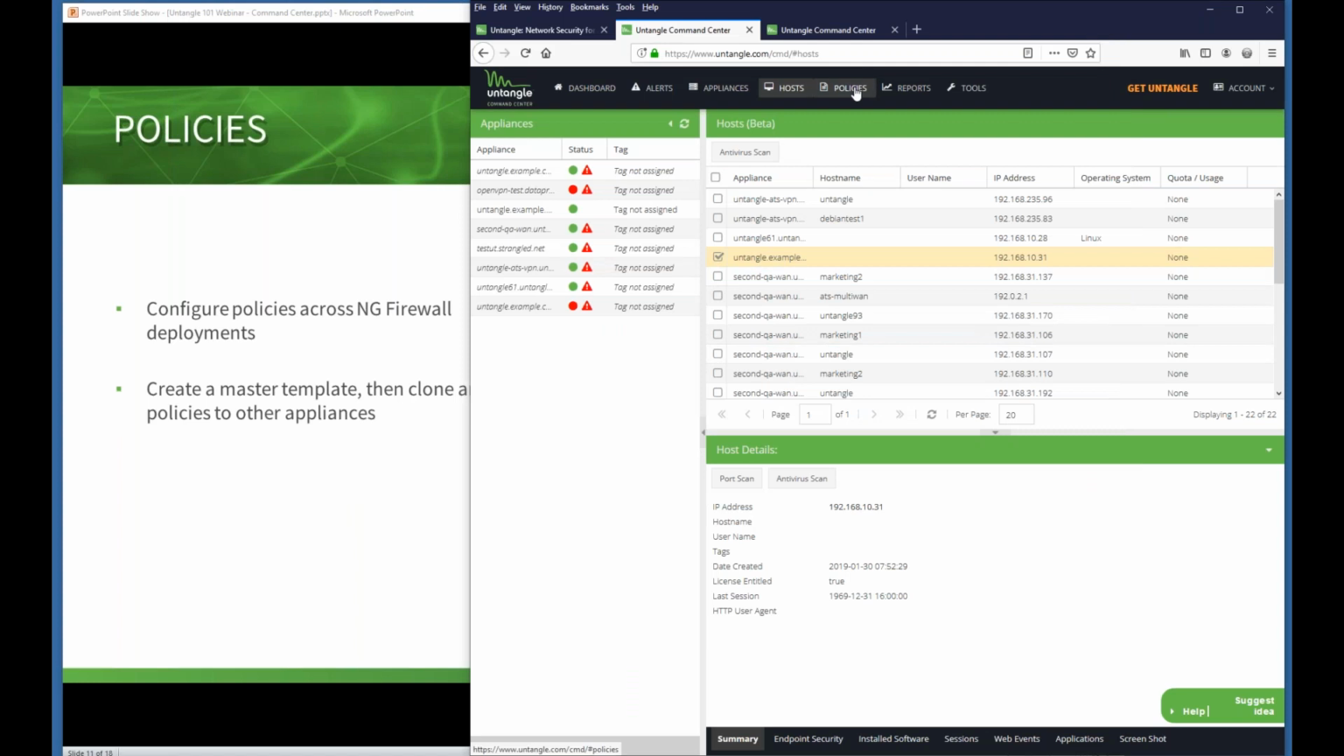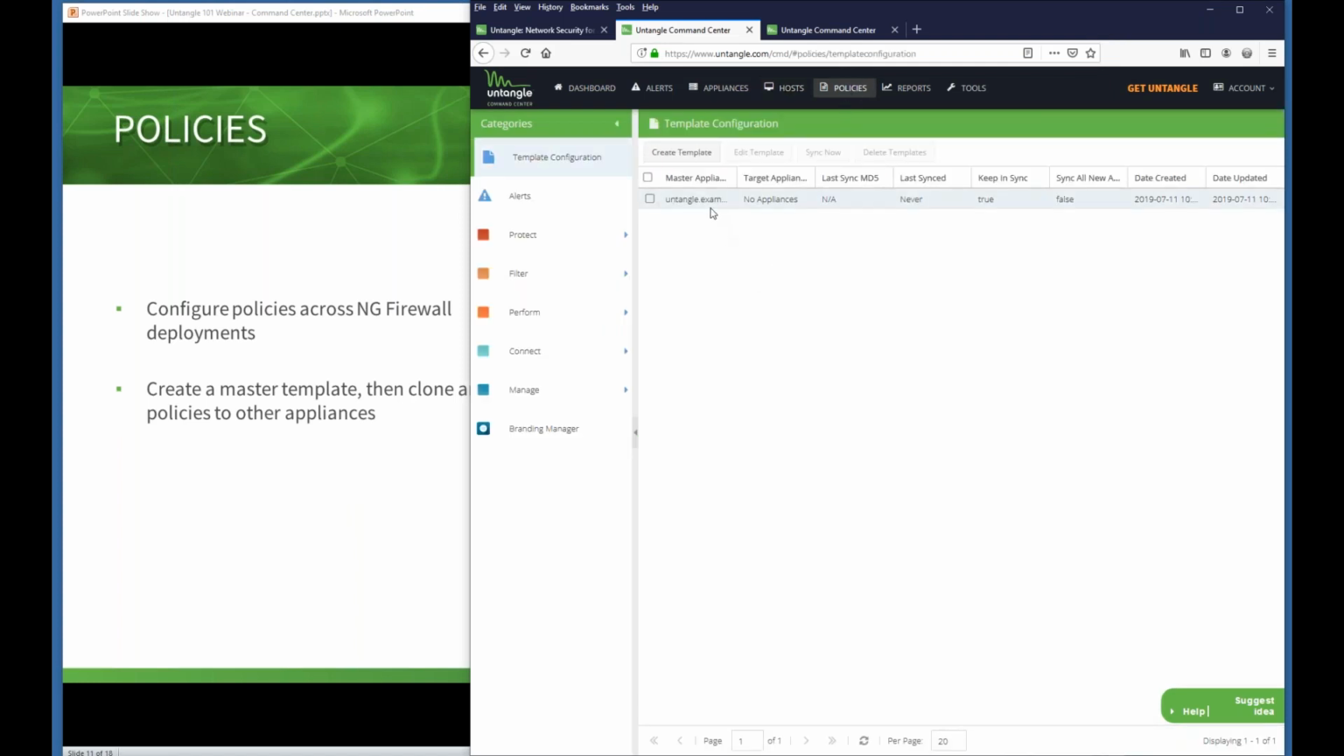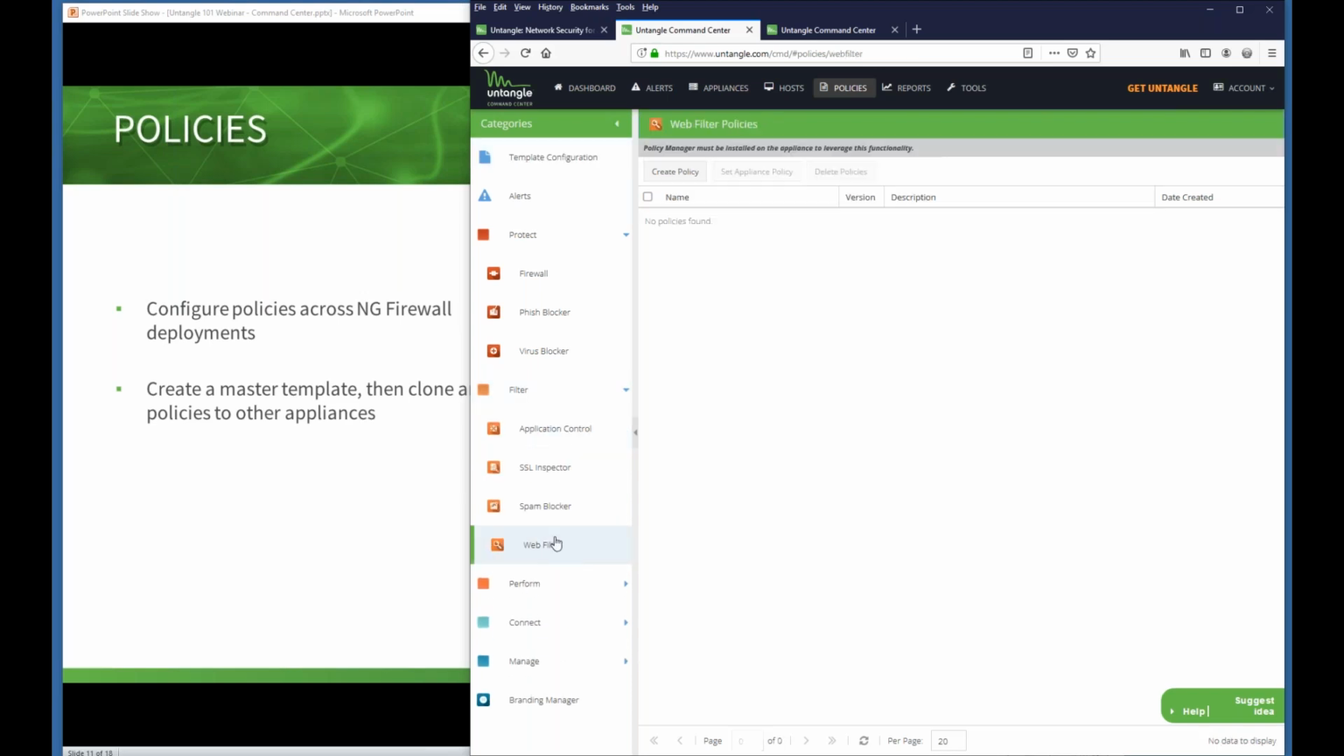Policies, kind of briefly went over that. Again, the key is to make one master. I like doing a more master thing because that way I don't have to worry. But if you're only looking to duplicate certain areas, you can, for example, let's go to filter. Let's say I only want to keep my web filter. So what I'll do